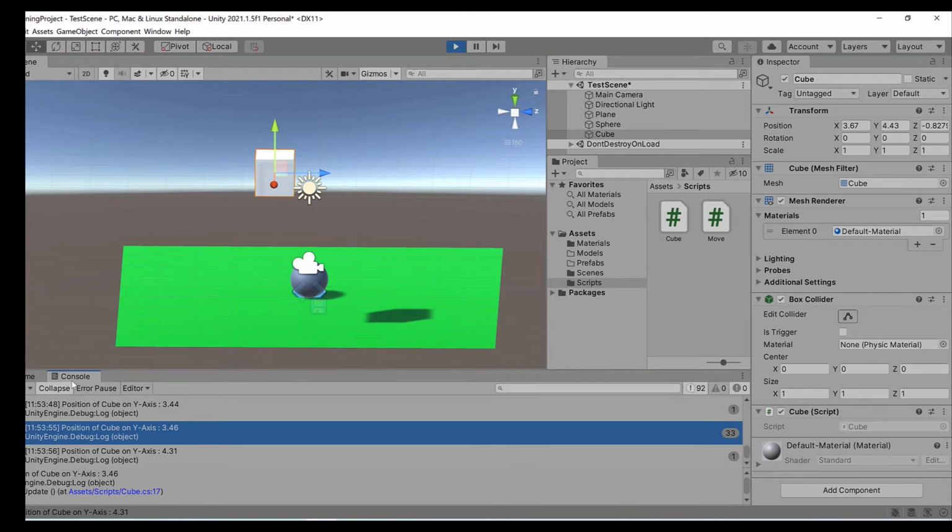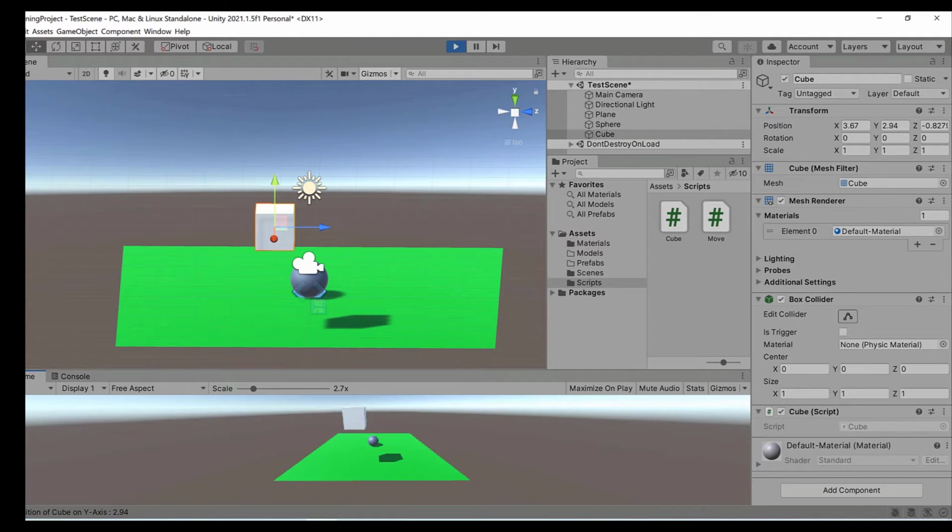When we change this position, it should reflect in the console. But to get a better idea, let me go back to the game window. If you can see in the status bar, the position of the cube on the y-axis is 2.94, which is current. Now if I change this